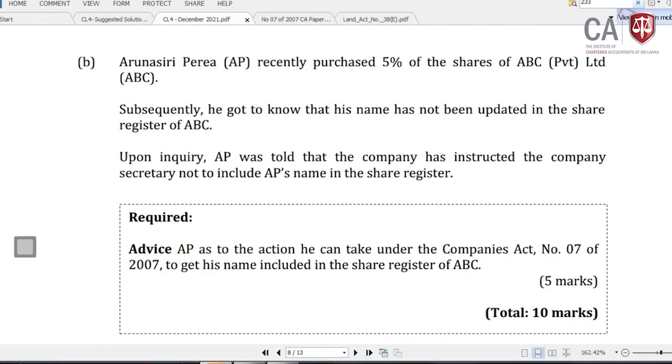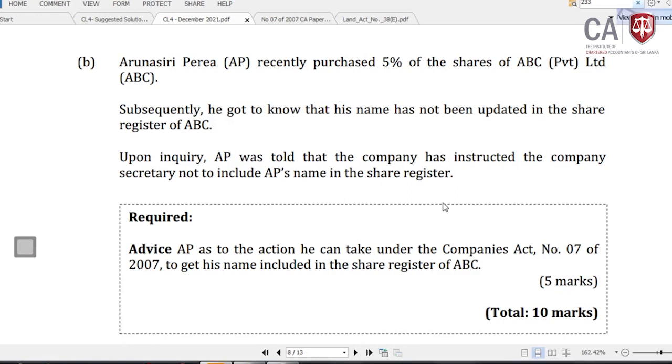Arunasiri Pereira recently purchased 5% of shares of ABC Private Limited. Subsequently, he got to know that his name has not been updated in the share register of ABC. Upon inquiry, AP was told that the company has instructed the company secretary not to include AP's name in the